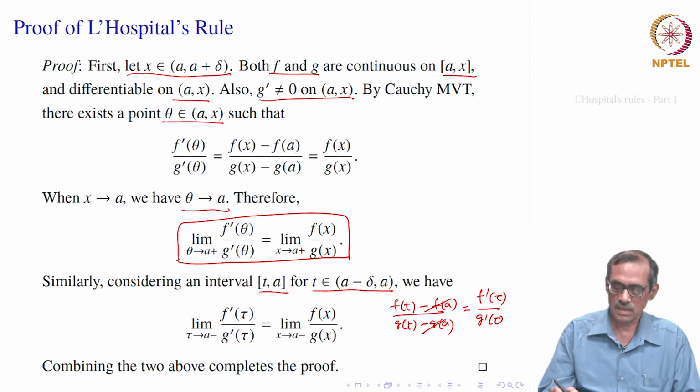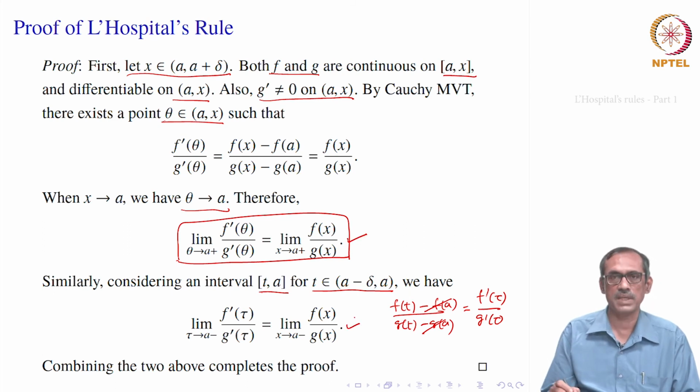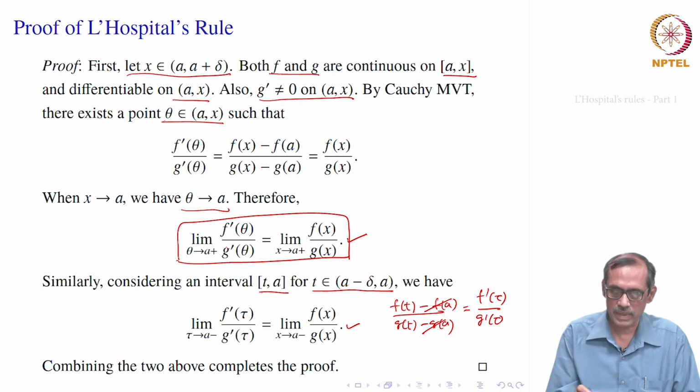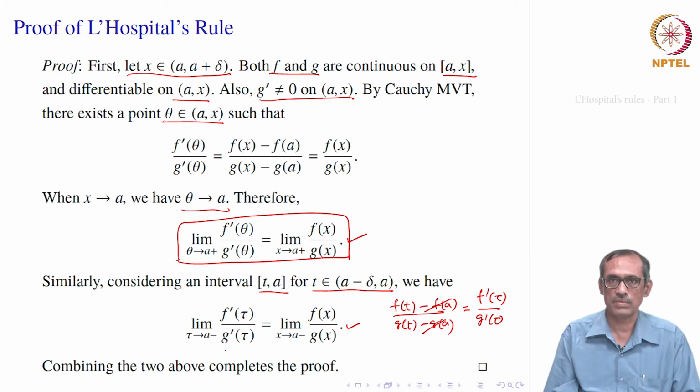So, on the right hand side of the equality, both the right side and left side limits are the same. Therefore, limit f(x)/g(x) exists, and this is equal to that limit. But you see here something else also that completes the proof, of course. Even one sided limits also hold true, similar things for the one sided limits.